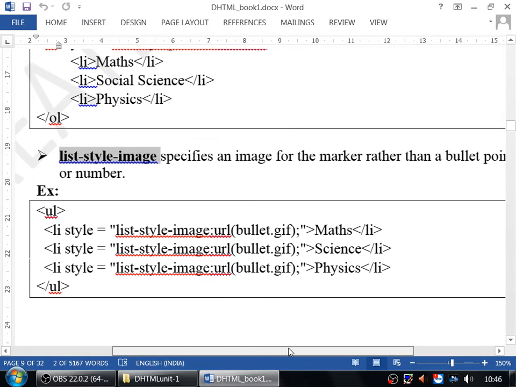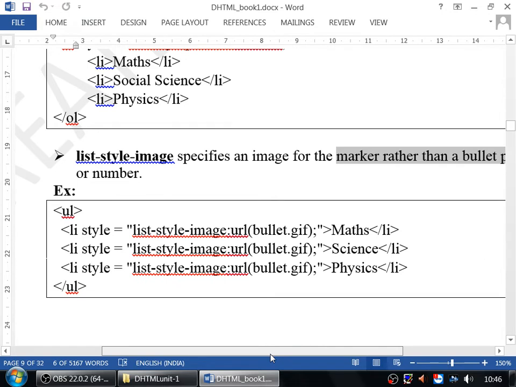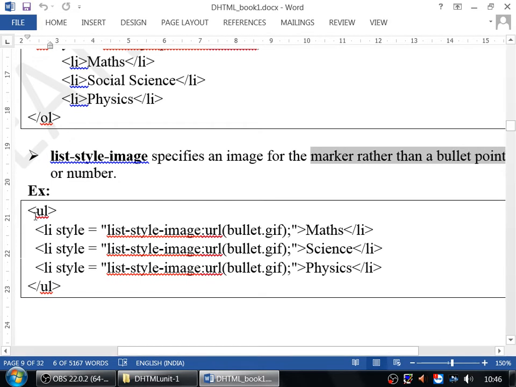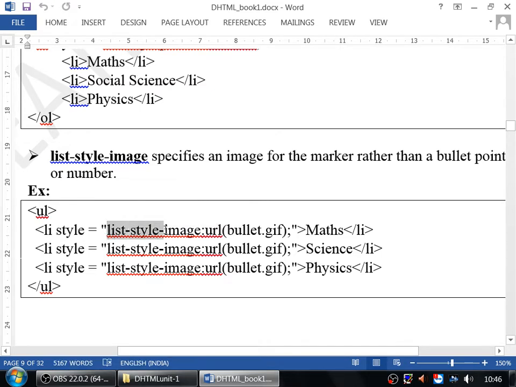List-style-image specifies the image for the marker rather than bullet points or numbers. So here I have used the UL tag and, in the list, the style attribute list-style-image. How to call that image?